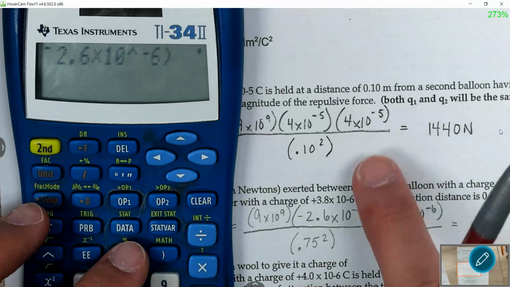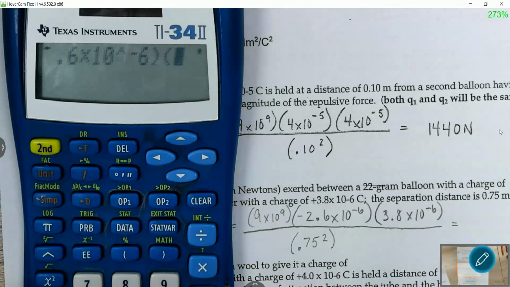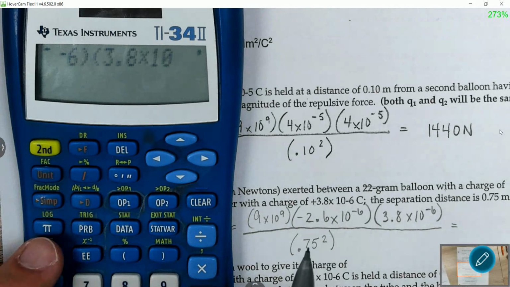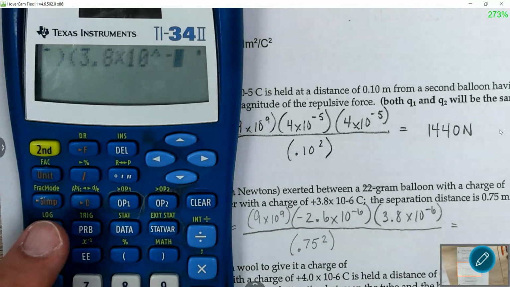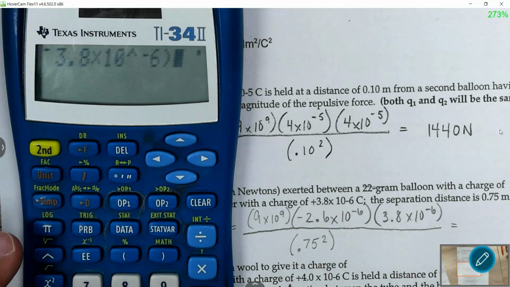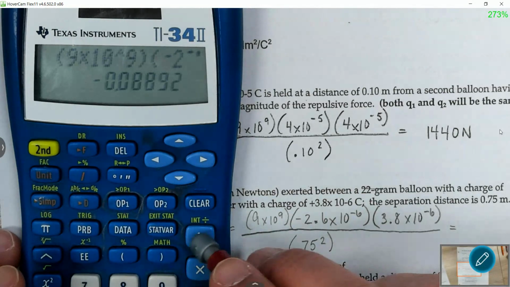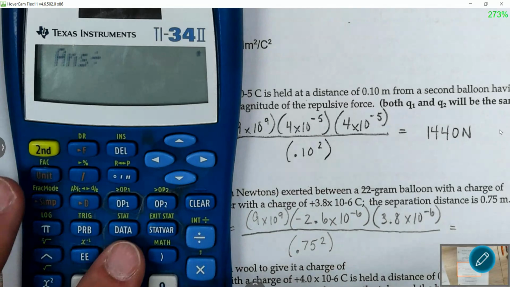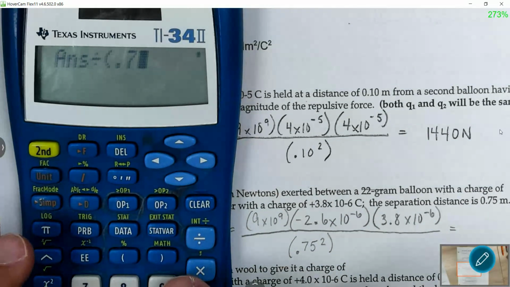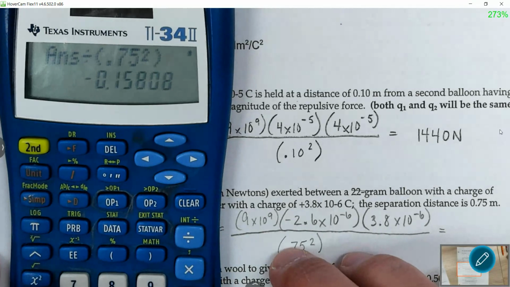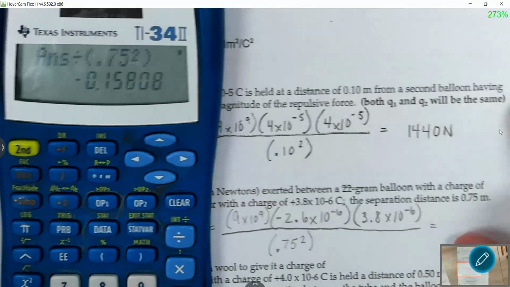Close it. Next exponent, 3.8 times 10 to the negative 6th. Close it. All of that is on top. I hit equals, and then I'm going to divide all that by the bottom value of 0.75 squared. Close it. And boom, we get a value here of